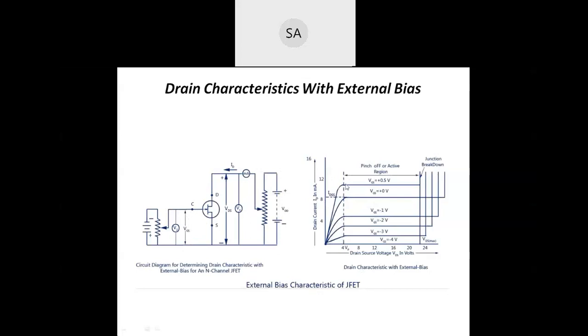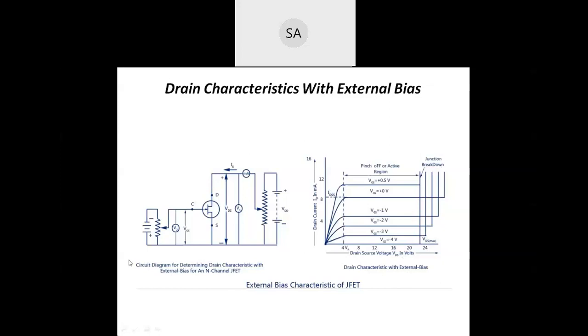Here it is showing the same value, but practically it will not be here. It will be somewhere lesser, for VGS minus 1 lesser than 4 VP, for VGS minus 2 lesser than 3 VP, less than 2 VP, lesser than 1 VP, at points like this. Whenever VGS is equal to VP, the drain current will be 0. This region we call the cutoff region, where we are getting drain current 0. So the regions are the ohmic region, pinch-off region, breakdown region, and the cutoff region.